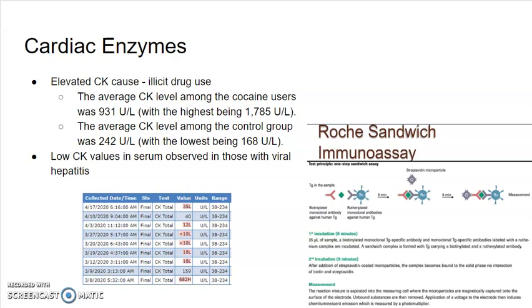Just as some background, she did show rhabdomyolysis, which is breakdown of muscle fiber contents circulating in the blood. And in this case, staphylococcal endocarditis can be suspected in severe cases of rhabdomyolysis with acute infectious symptoms. So you would see that here. And in the lab, they do the Roche sandwich immunoassay. I didn't actually have my chemistry rotation, so I'm a little bit rusty on this subject, but just as an FYI.